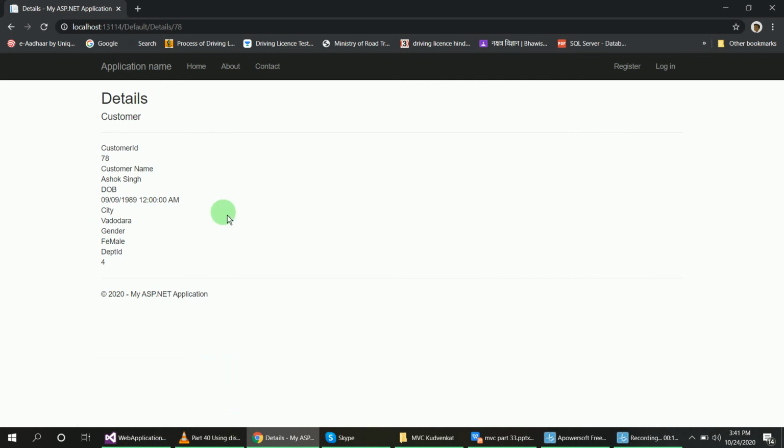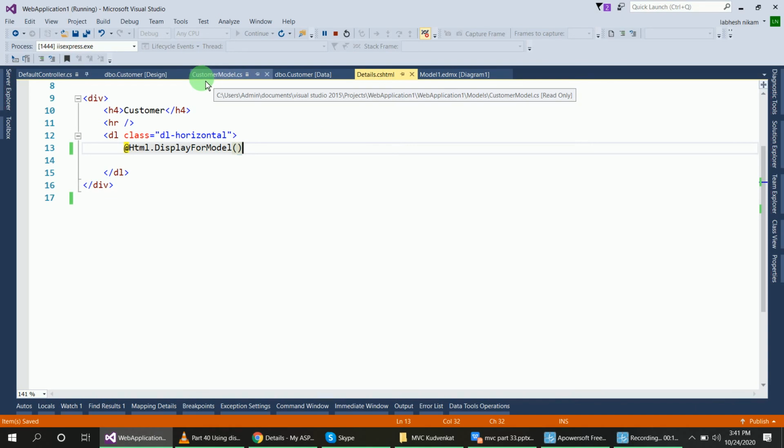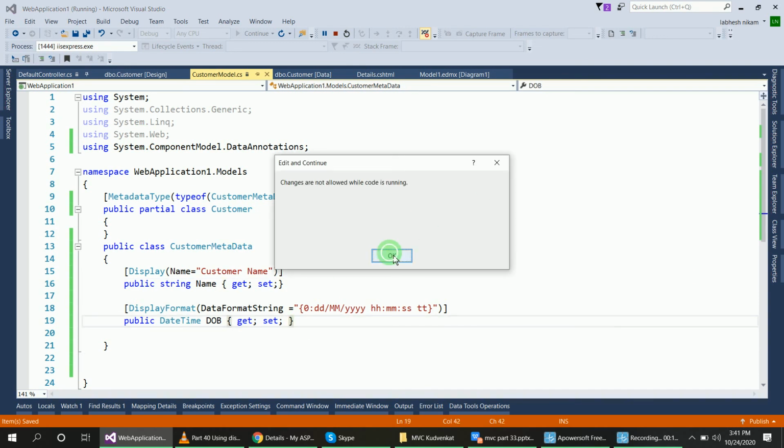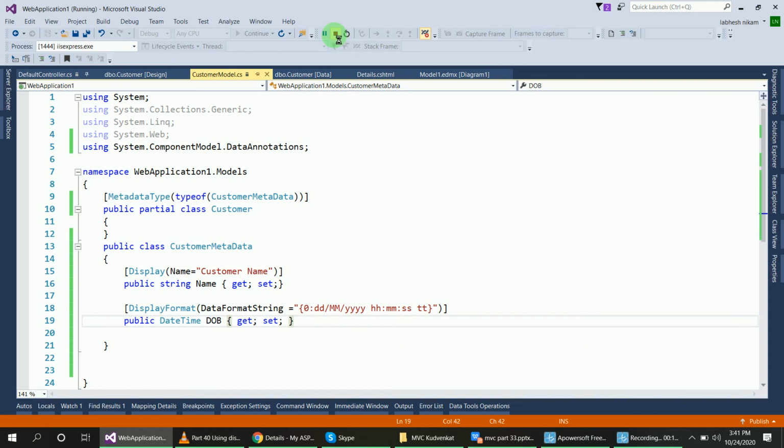Okay, now I want to format this department id, means I don't want to show this department id in this table here. So what I will do, I will customize this customer model, and inside of that I will set the attributes for department id property.